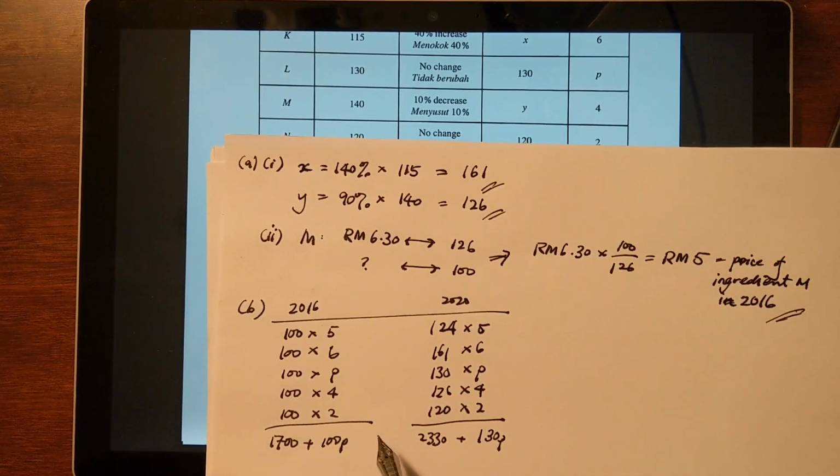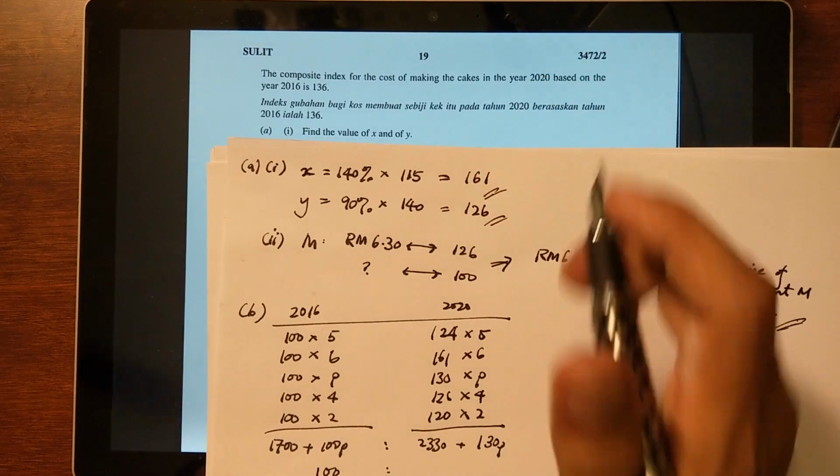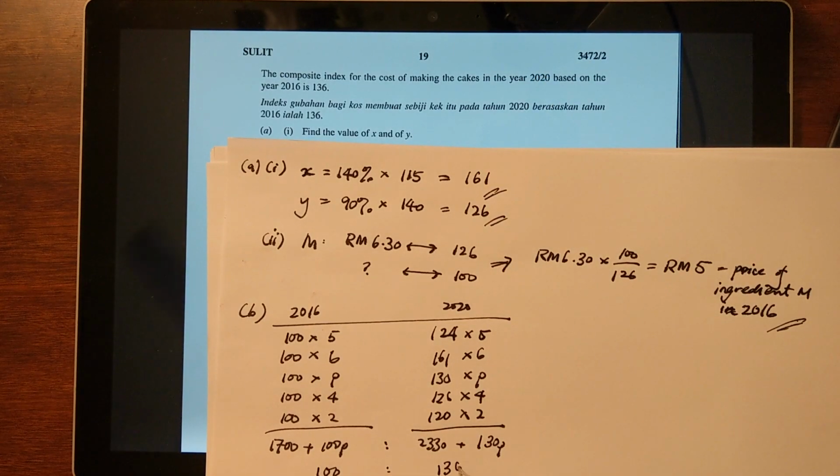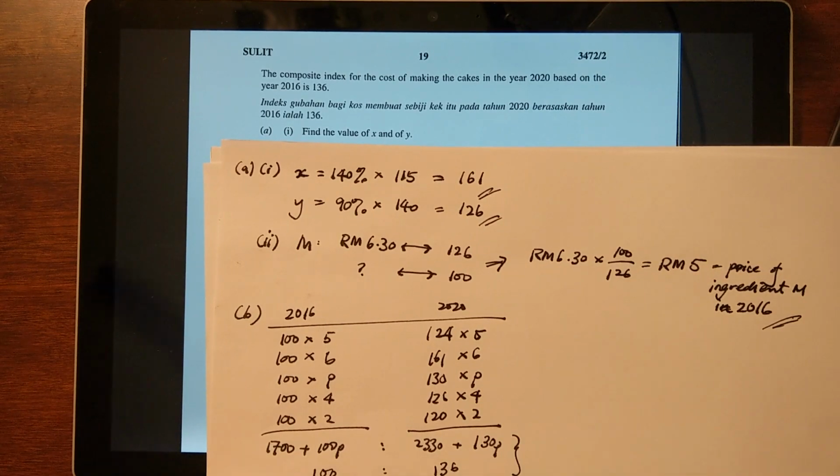Alright, and we are told that the ratio between these two is 100 to, what was that, 136. Right, so taking these two, cross multiplying,